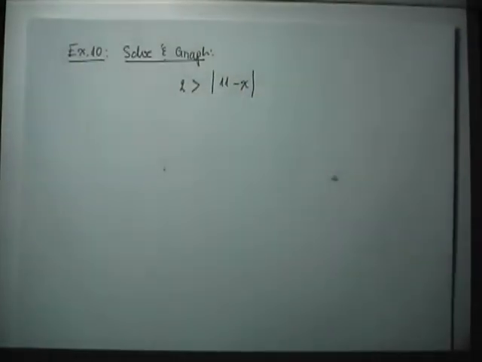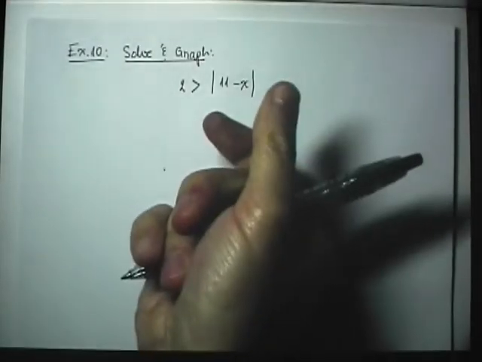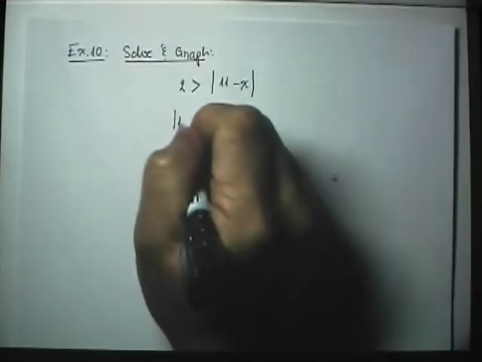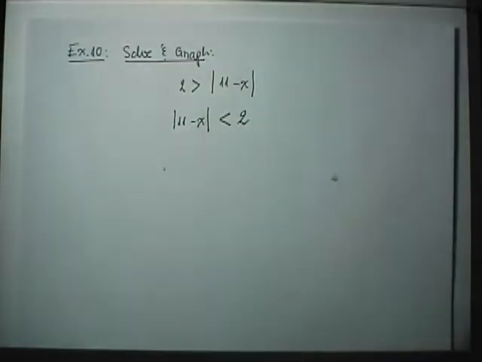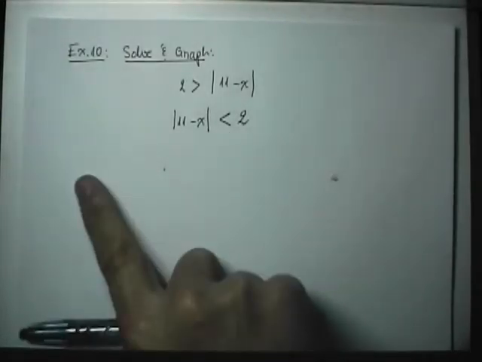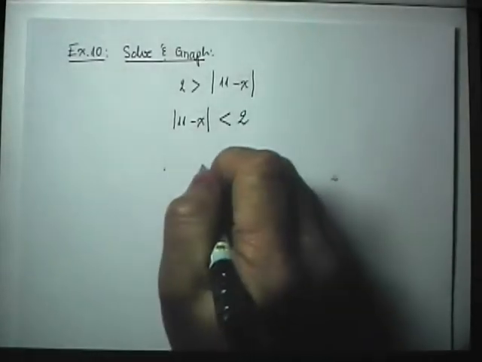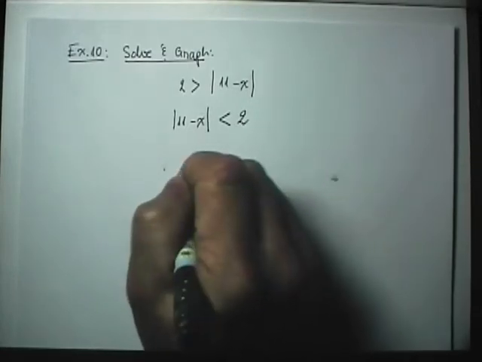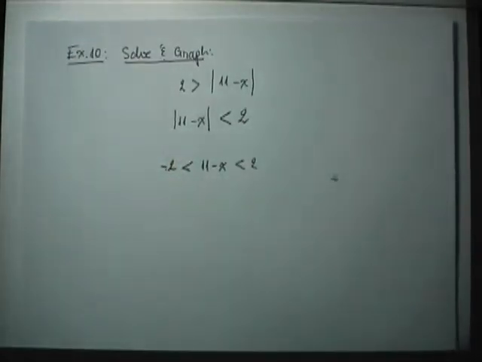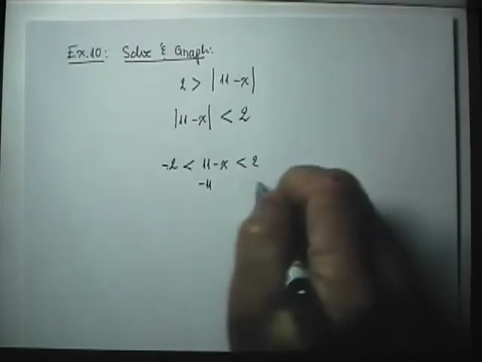Once again, with this one, the simple trick to bring that back to the ordinary form is to turn the inequality around. So here I have the absolute value of 11 minus x, and the logical meaning of that is less than 2. Now my inequality immediately goes back to the ordinary form, and you can see that the inequality points to the left-hand side. So to solve for that, all I do is simply write 11 minus x less than 2, greater than negative 2. And then subtracting 11 from all sides,